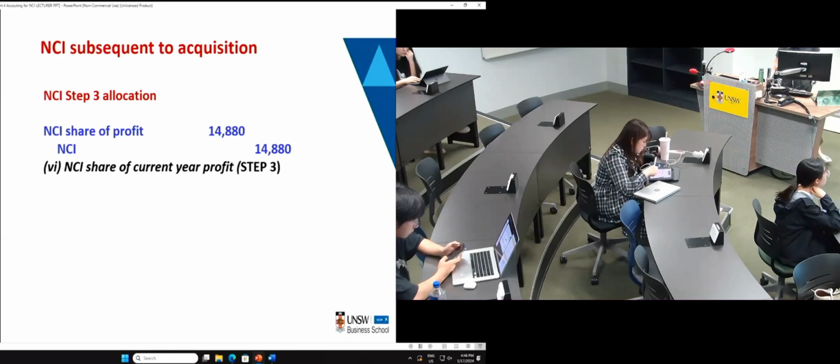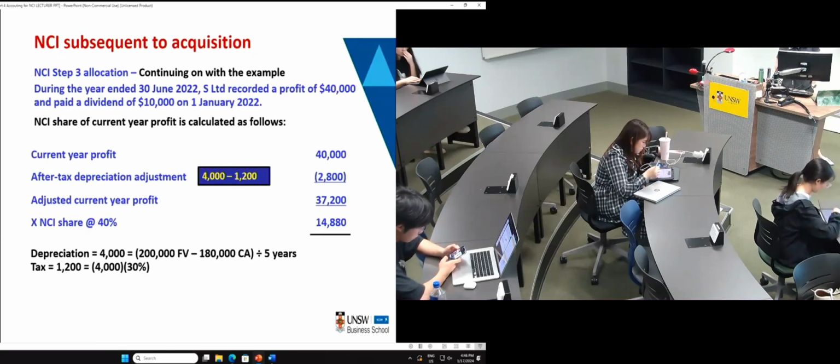So anyone got a question? Feel free to ask. Now, then you may wonder, what about dividend 10,000? Now let's have a look at dividend in the second stage, because this dividend paid by subsidiary resulting intragroup dividend. So we are going to have a look at these dividend entries in the second stage. Okay?